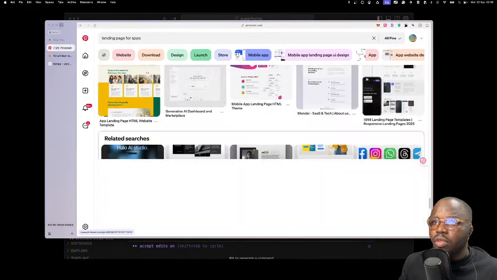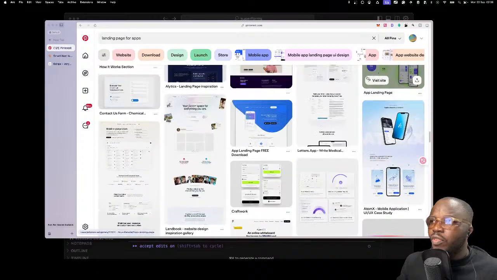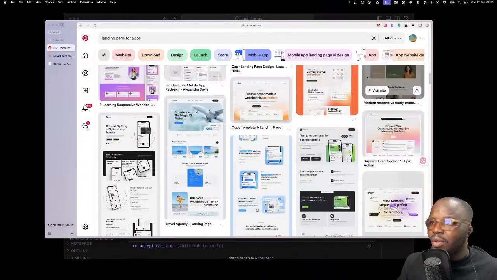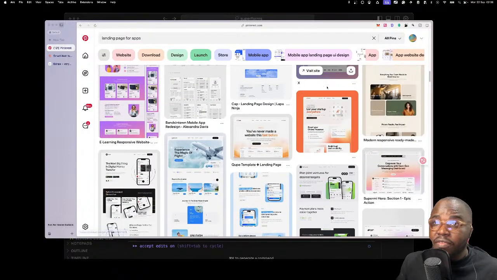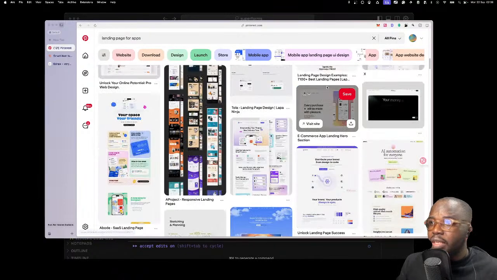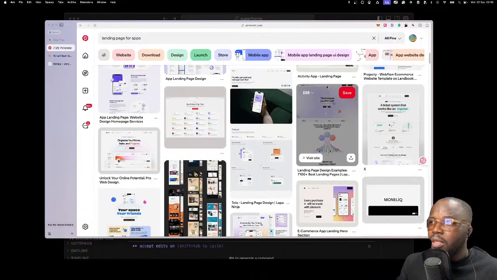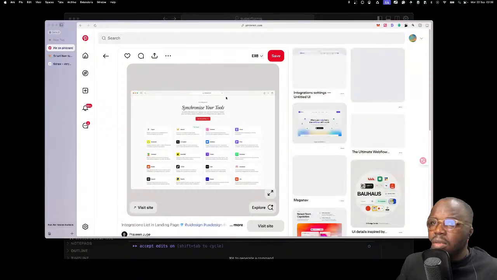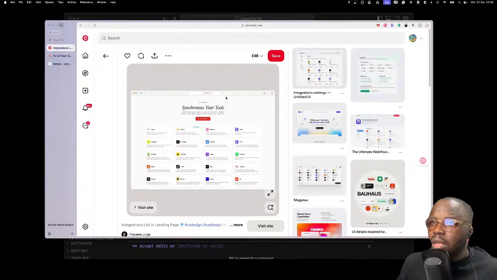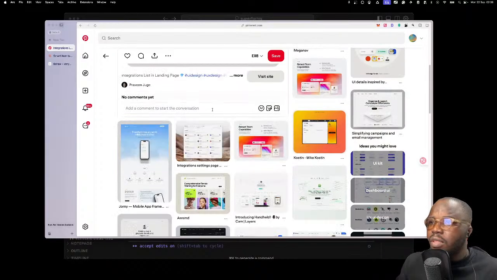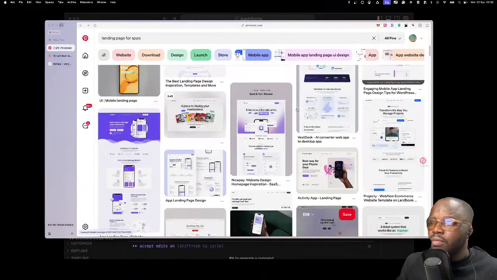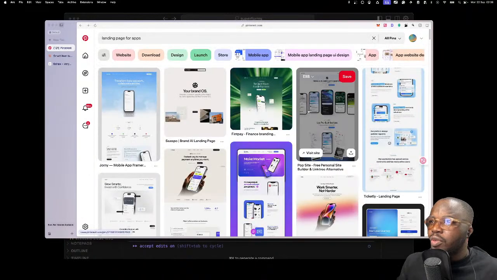Let's see which one. I try to go for something where the layout is very clear, with no overlapping stuff. It just makes it easier for the AI to understand and see, because it can't detect that depth. Oh, I like this. But I don't have the information that's gonna fill all of that, right? So we're not gonna use that. Probably we'll just go with Word.